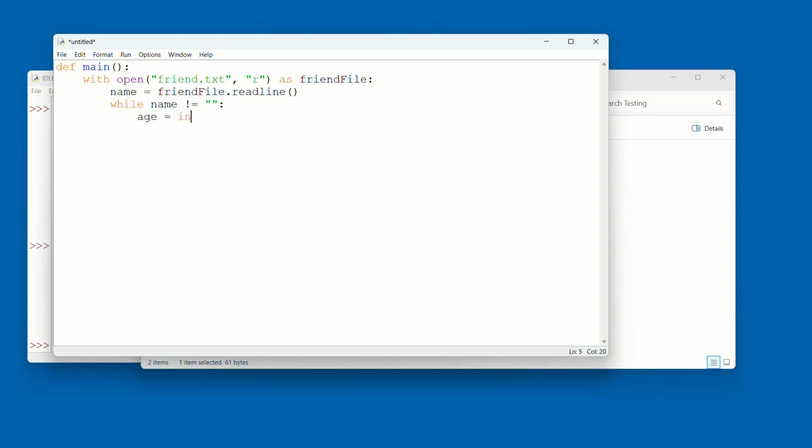Age is going to be equal to an int. We're going to need to convert it to an int because everything you read from a file is a string. Friend file dot readline. You have two parentheses there at the end, close off the int. Phone is going to be equal to friend file dot readline, and then name is going to be equal to name dot rstrip